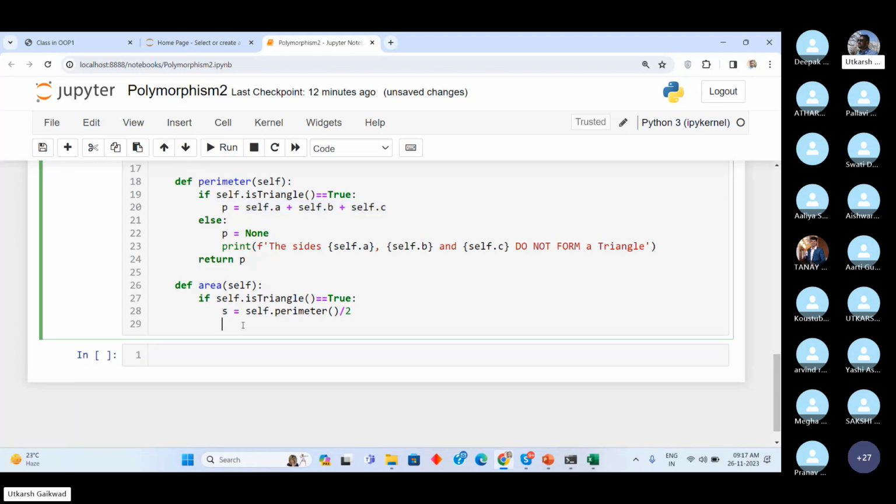So once I have my semi perimeter, I can easily calculate the area. A is equal to, I can call S into S minus self.A into S minus self.B into S minus self.C, and finally I want the square root of this entire term. So the square root you can get like this, raised to 1 by 2, and this will give me the area